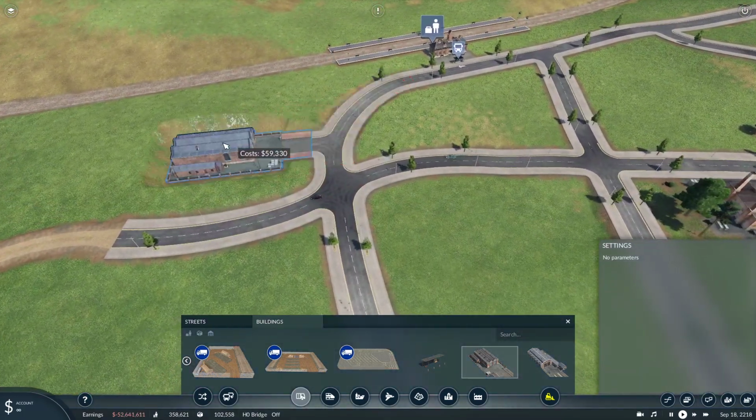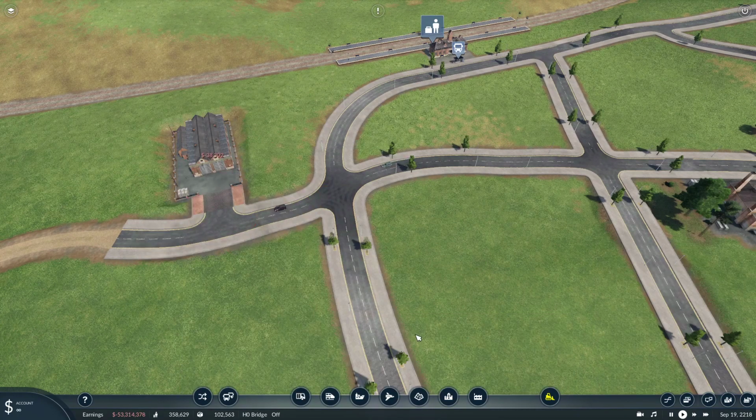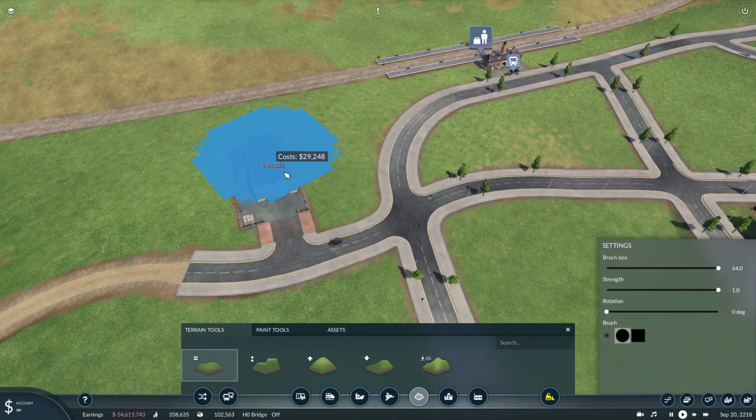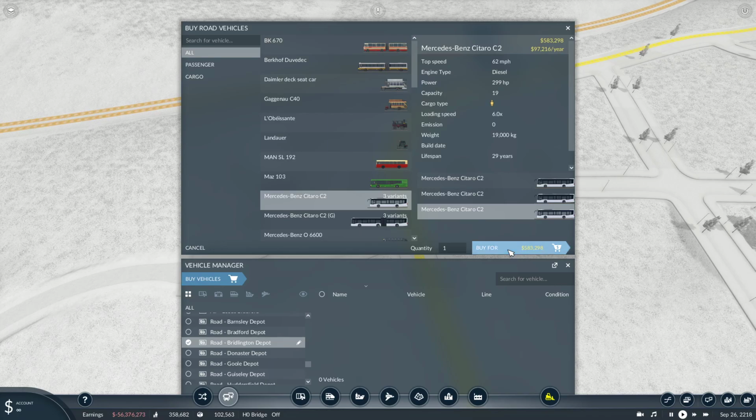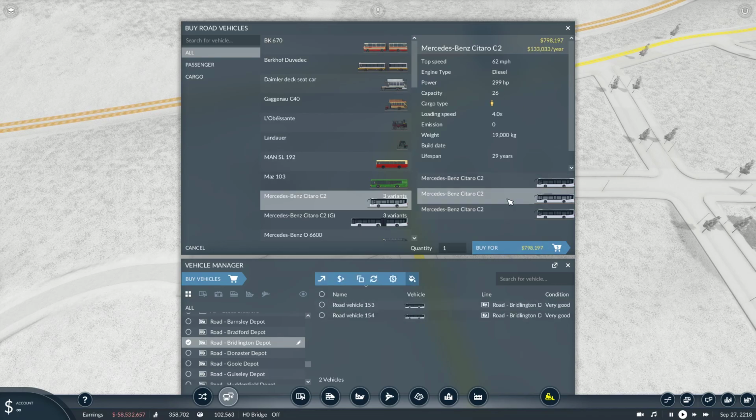That's a long way to go. So we'll just build it there. Smooth out the back end because that could look ugly, and then I just want to road that, so road dash Bridlington depot. My base is normally 2 of these, the 3-door ones, so the ones with the smaller capacity, in